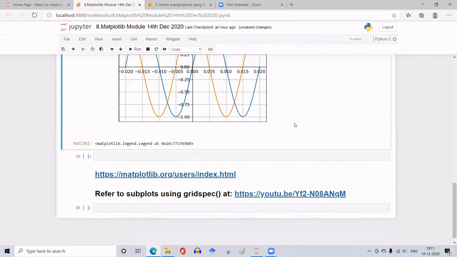Subplots you have used in your DSP classes, where we arrange the plots in the form of a grid having a number of columns and rows, but all were of equal dimension. You can even have different dimensions for each window in these subplots. How to do it, I have explained in this YouTube video. You can access it here. I have given the link at the bottom of this. That is specified by GridSpec.